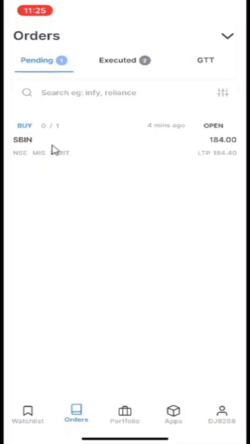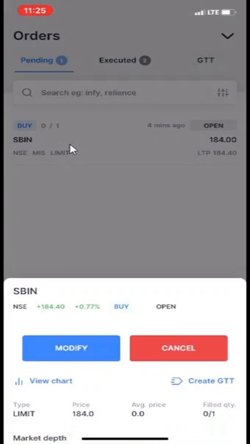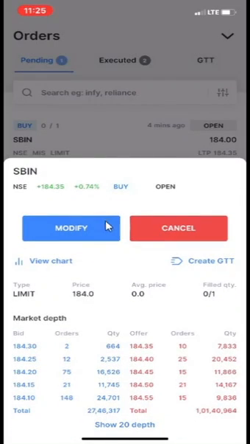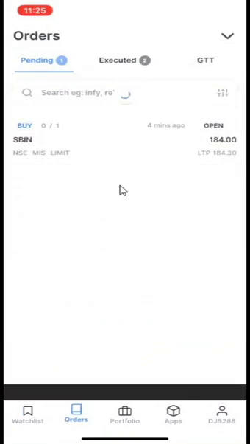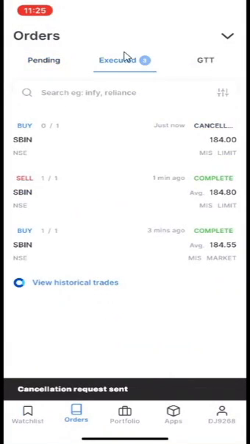This is our SBI limit order. The price has not reached our required price, so we will cancel this order now. Click on the order. This tab will open. Here we can modify as well as cancel the order. I will give cancel and then give yes over here so that this order will be cancelled and the same will be updated in executed orders.